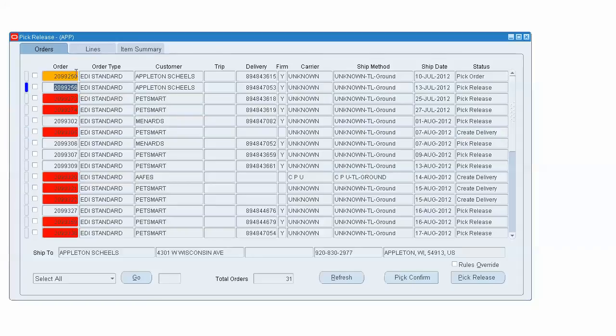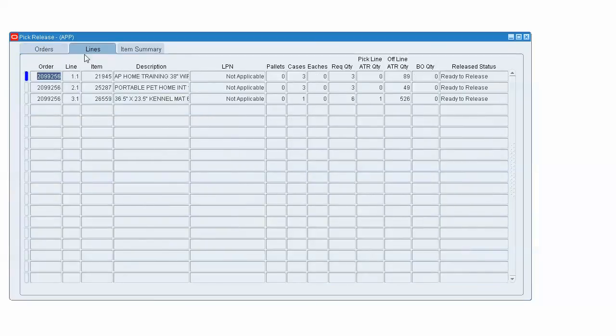Okay, going on to the lines tab. The lines tab is going to show you all of the lines that are on the order that you have highlighted with your cursor on the Orders tab. So if I click there, you can see it's going to display all the lines for that order, the item information, and then the quantity information based on unit measure conversions, and the requested quantity in the primary unit measure,